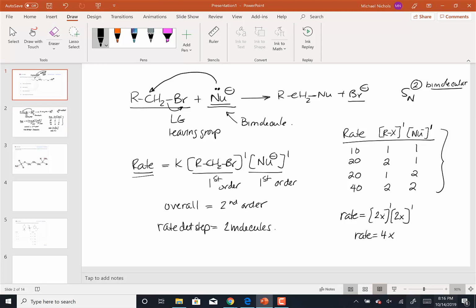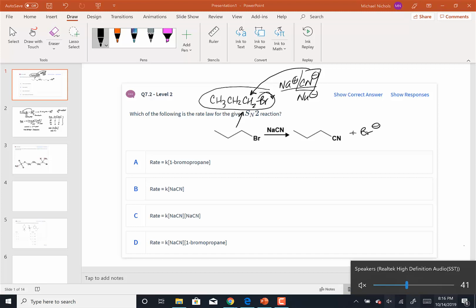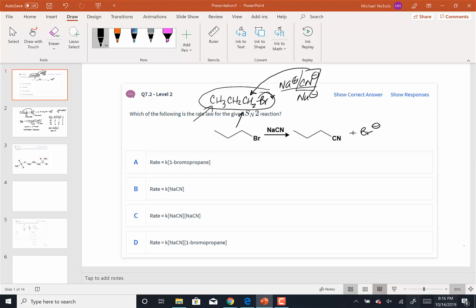Okay, so if we go back to our problem 7.2, it's asking us for the rate equation. And so, what are my 2 reactants? This is my first reactant. The sodium cyanide is my second reactant. So what is the IUPAC name of this molecule? Well, this is 1-bromopropane. And so the rate equation here is going to equal a rate constant times the concentration